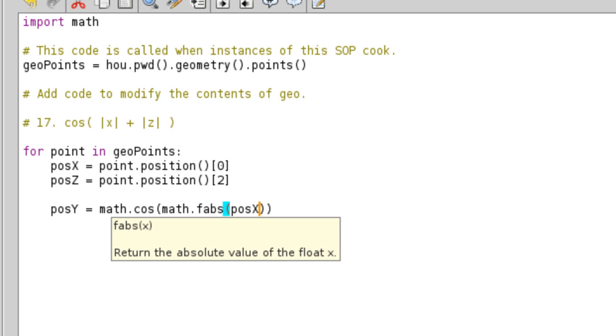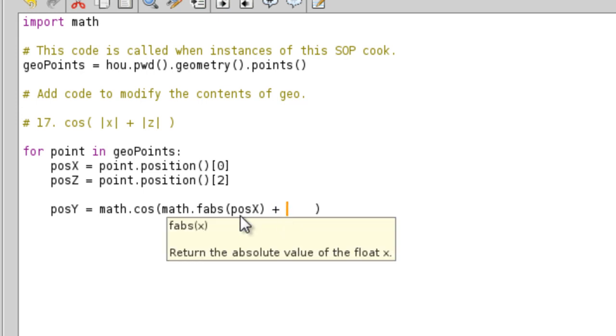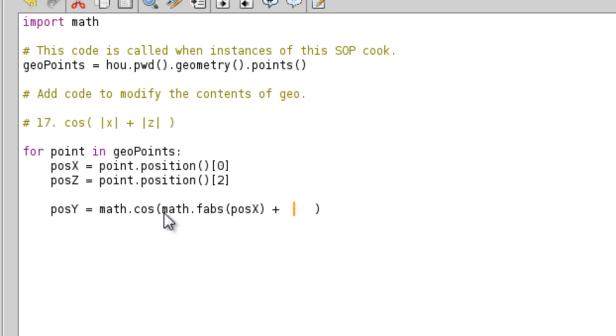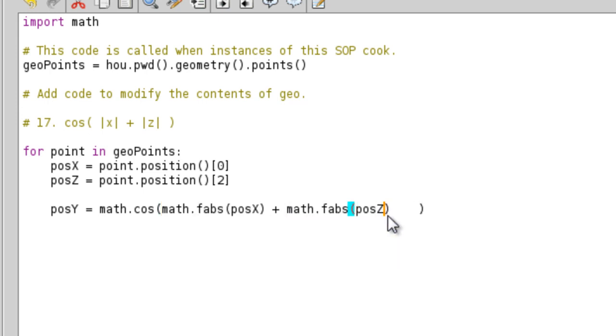Okay, and that's gonna be added to the z value. So we're gonna do the same thing all over, only this time I'm gonna copy this and paste it. I'm gonna just change the value over here to z, and